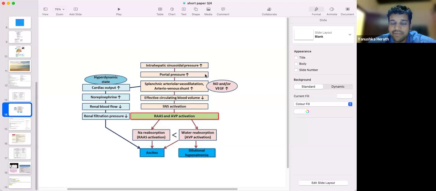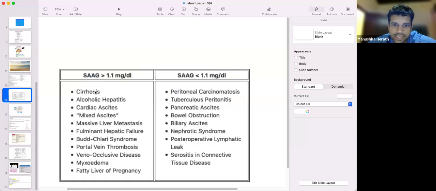As a result, the renin angiotensin system will be activated, and it will cause increased sodium reabsorption, and it can contribute to SITs. Apart from that, hypoalbuminemia and all that also contribute. So as you can see, the renin angiotensin aldosterone system is activated here. So it is an important component here as well.